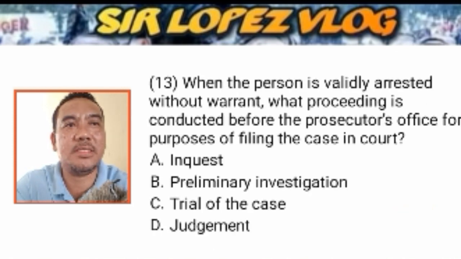When the person is validly arrested without a warrant, what proceeding is conducted before the prosecutor's office for purposes of filing the case in court? A. Inquest. B. Preliminary investigation. C. Trial of the case. Or letter D. Judgment. Number